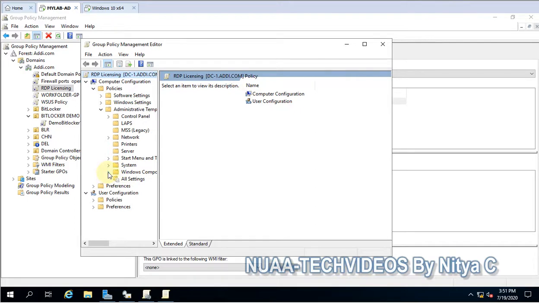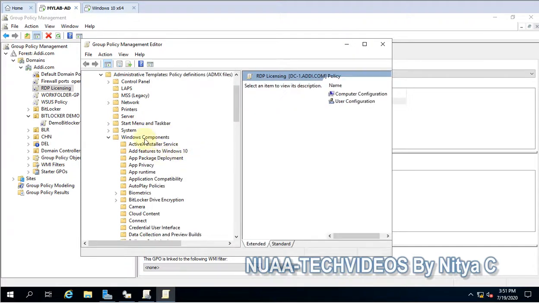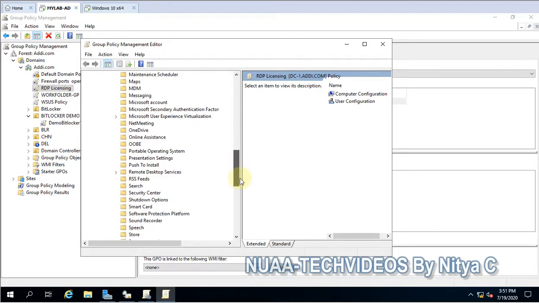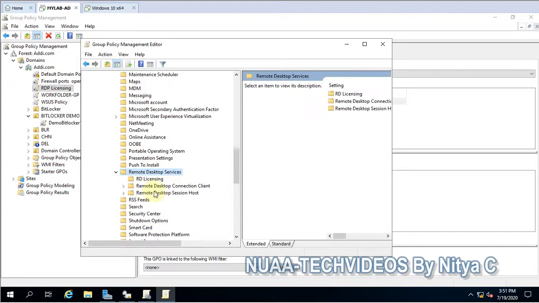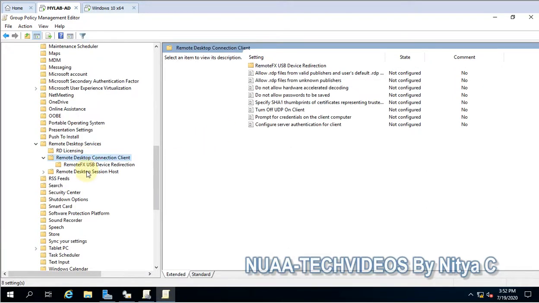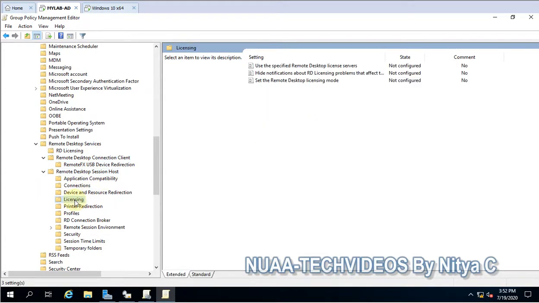Okay, then we have to expand the Windows components, and in Windows components we have to look for Remote Desktop Services, RD Licensing, and here Remote Desktop Session Host and then Licensing.